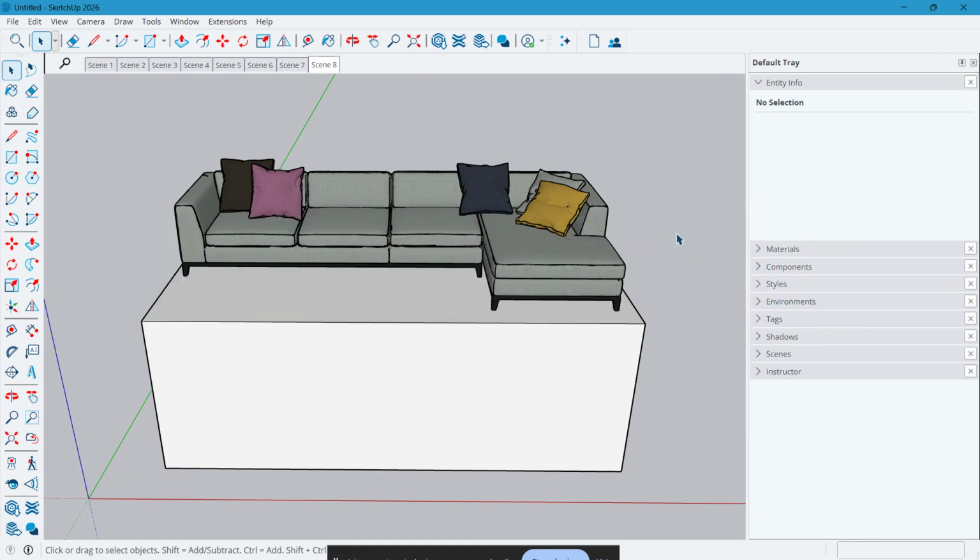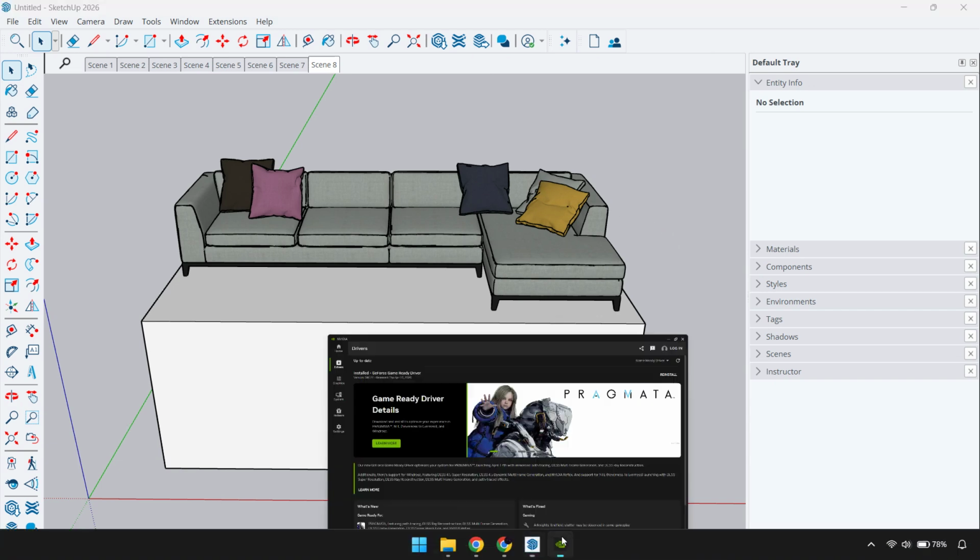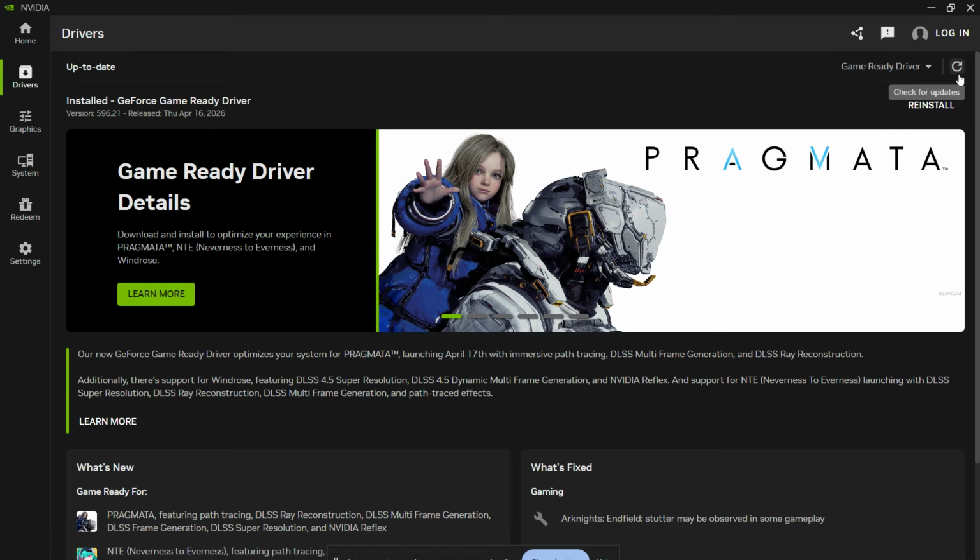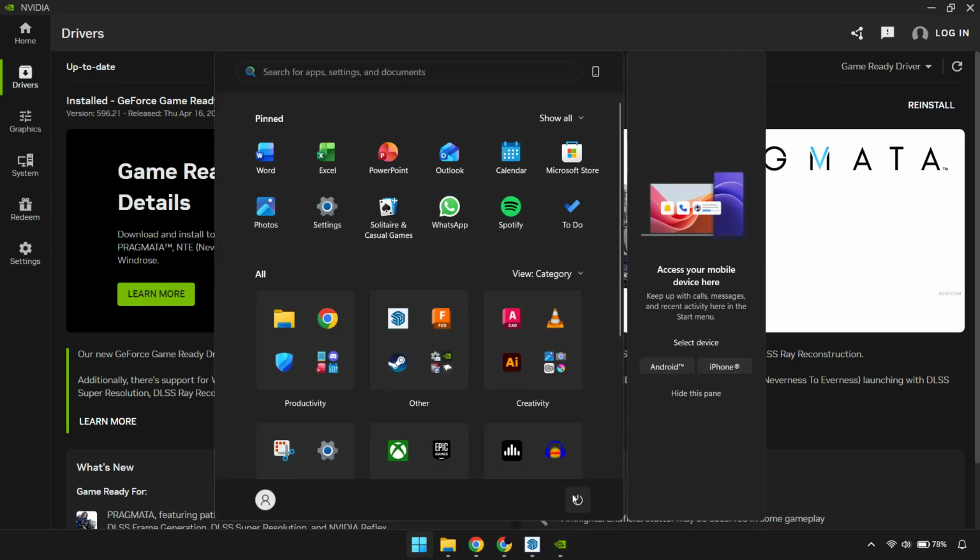First, let's start with the most common solution: updating your graphics card drivers. This is often the number one fix because SketchUp relies heavily on your GPU to display models smoothly. Instead of using Windows Device Manager, go directly to the official website for your graphics card manufacturer. If you have NVIDIA, go to NVIDIA's driver download page. If you have AMD, use AMD's official support site. And if you have Intel graphics, download the latest driver from Intel's website. Once you install the newest driver, restart your computer and then open SketchUp again to see if the error is